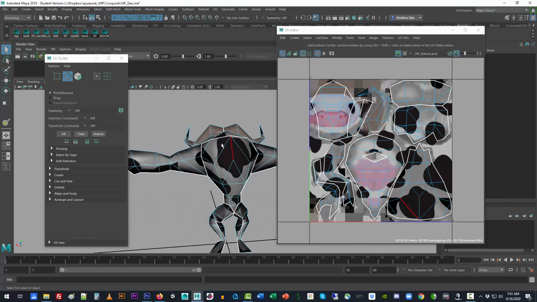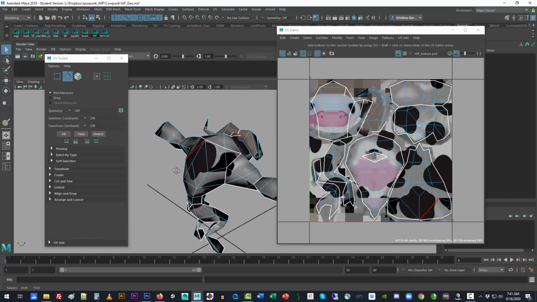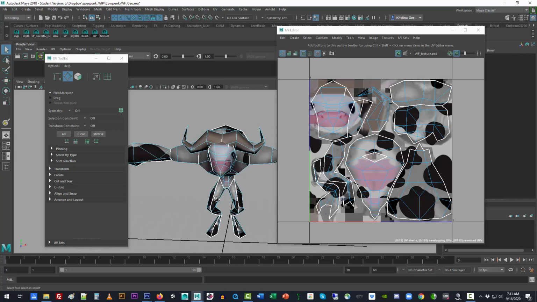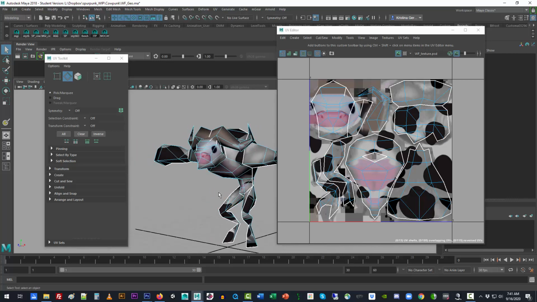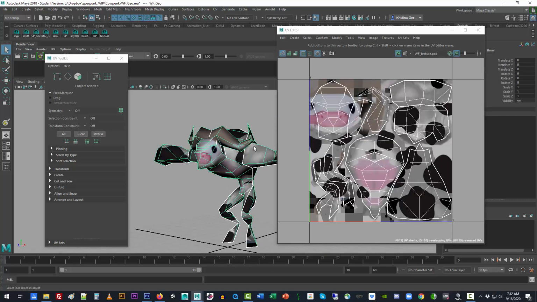And what if I wanted to touch up the pattern? It just seems to be cut up between so many different separate shells that it's going to be extremely difficult for me to try and fix this if I'm not painting right on the 3D character. So luckily there's a way to do this, and this is a perfect example to show you how